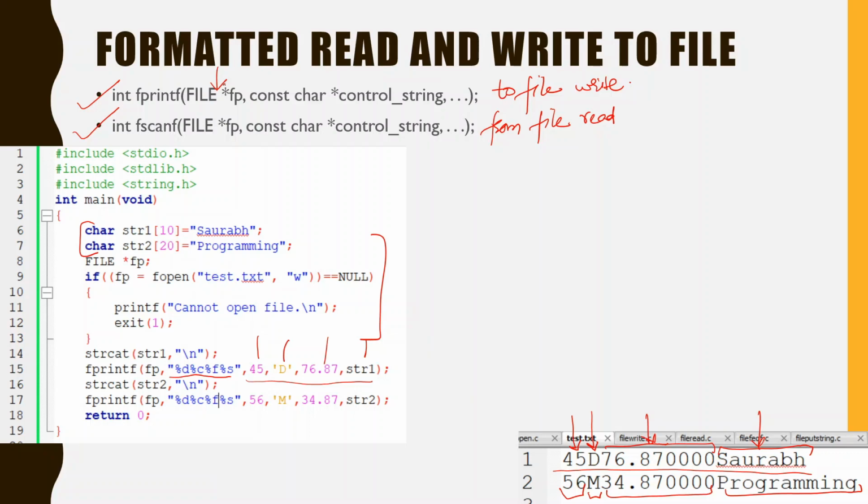Many times in examinations it can be asked what are the various functions to access the file or to handle the file in C programming, and to explain with the help of examples. So all the examples that I am giving here, you can remember them and write them there as an answer. This is the use of fprintf. We have run fprintf two times, and we have also entered a backslash n at the end of str. That backslash n causes the line to change. Otherwise, if you had not added this, both would come on the same line. So in this way, fprintf is used to write to the file.